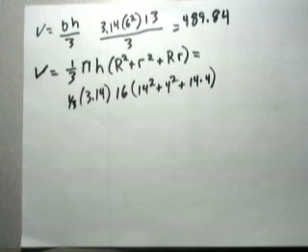Just do everything, get an answer, and then divide by 3. So 3.14 times 16 times, and I'll start parentheses right there, 14 squared plus 4 squared plus 14 times 4, and end the parentheses, and then divided by 3, and it is